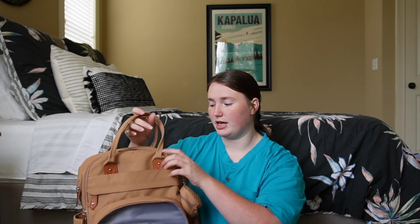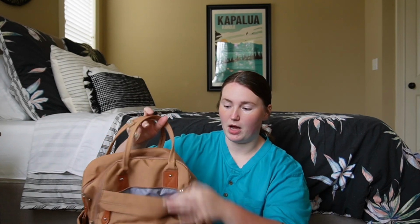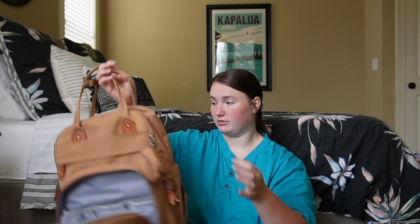Already have them pre-made, or if you're breastfeeding, this will keep them cold for a while. And on the inside, the big pocket has 2 on the sides as well that's insulated. It has pockets everywhere, like everywhere. You can even clip it onto a stroller, and I didn't even think to grab it, but